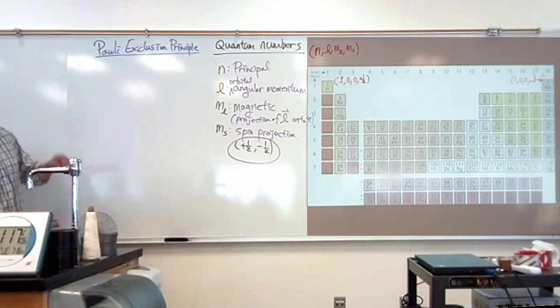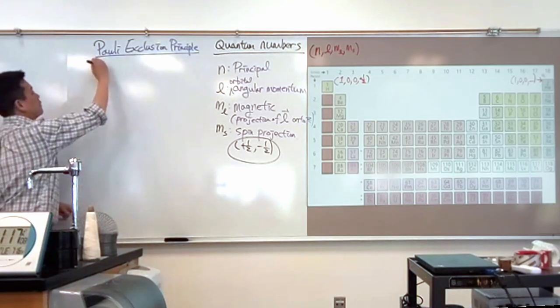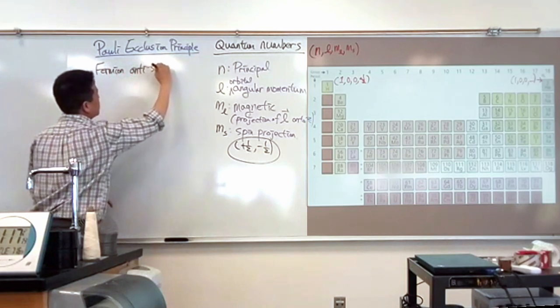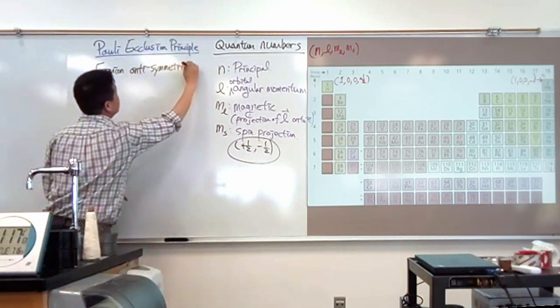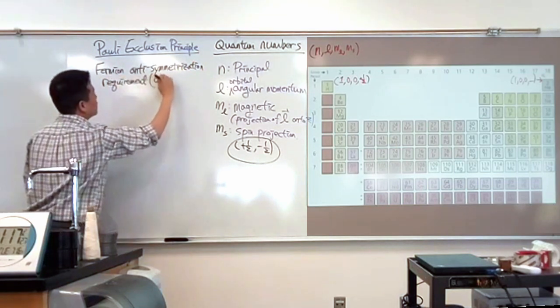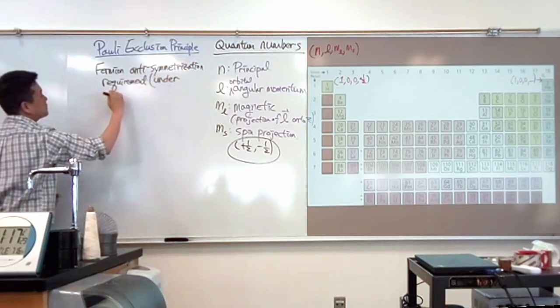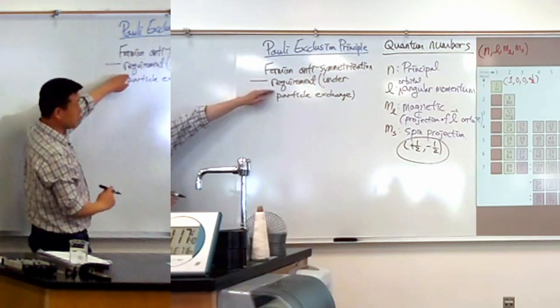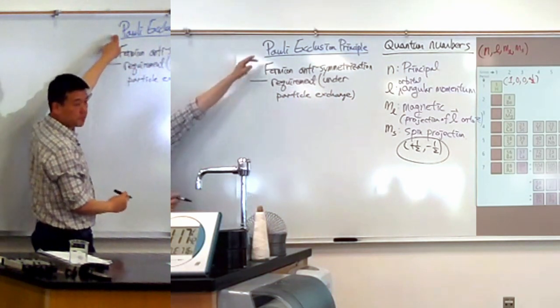So let me call it the fermion anti-symmetrization requirement under particle exchange. And this is the fundamental reason that leads to the Pauli exclusion principle, which you